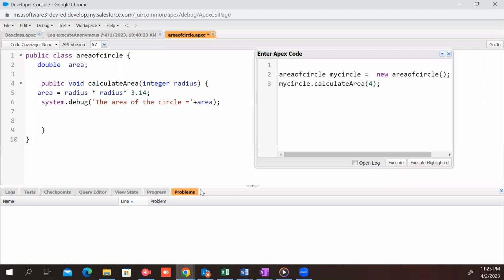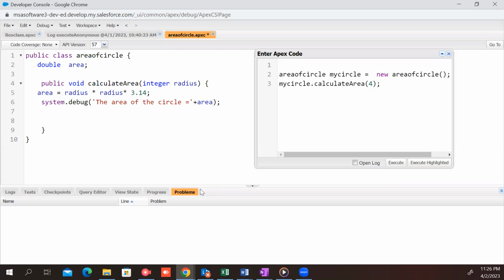You are putting area of the circle, my circle, that is fine. My circle dot calculate area, that is also fine. Now let's see what is happening over here. You are having public void calculate area, integer radius, you are passing the radius, area equals radius